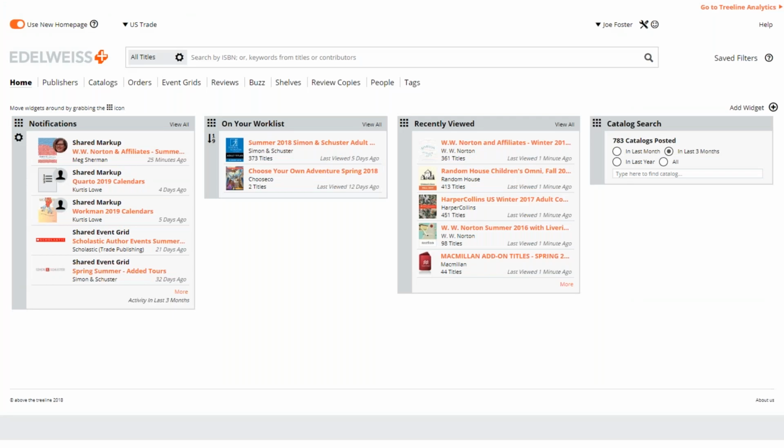So this is Edelweiss, and this is where publishers post their catalogs, generally seasonal frontlist catalogs. There's a lot of backlist in here as well, but the main aim really is to post those frontlist catalogs. And it's a great way for you to find upcoming titles and to help